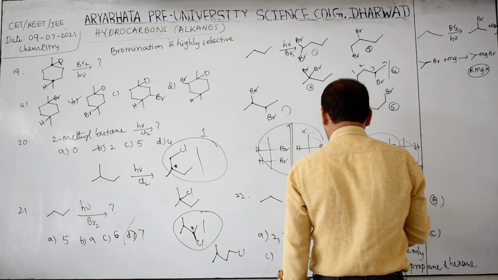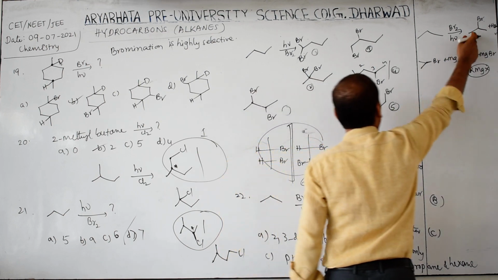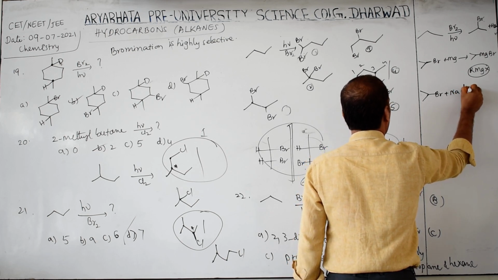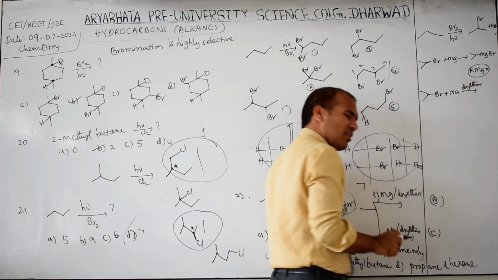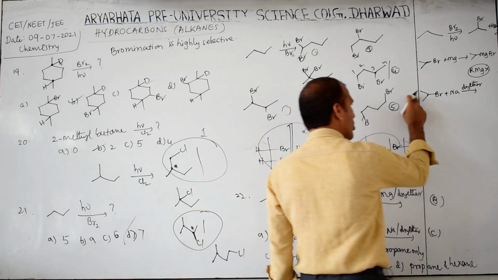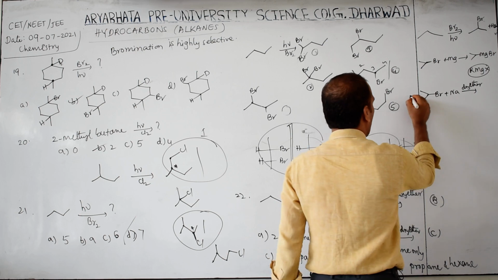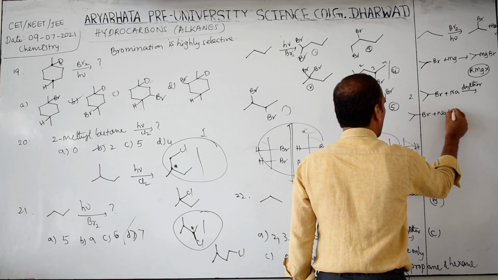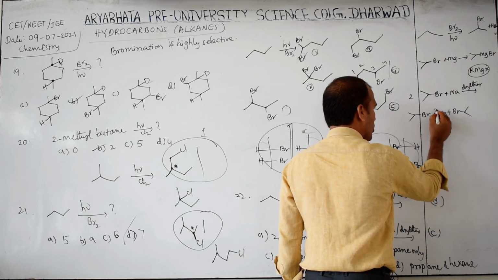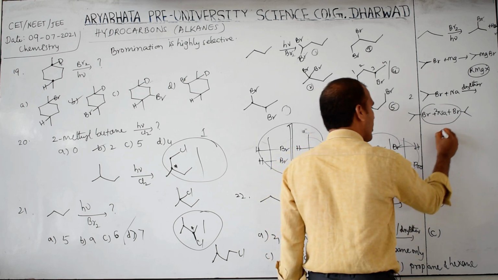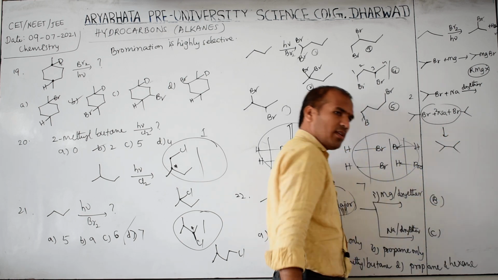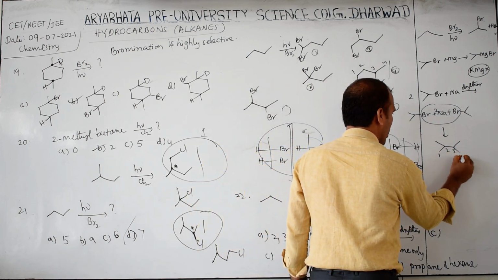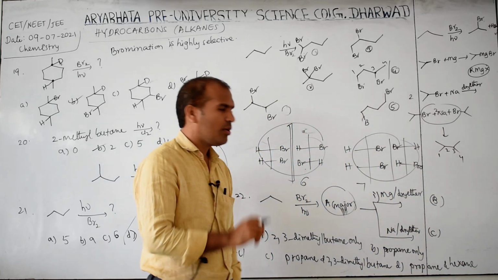Next, this one only, whatever this product formed, A react with the sodium in dry ether. Like this given mean immediately what you are remembering? Wurtz reaction. Then this how many moles we have to take? Wurtz reaction, 2 moles we have to take. When 2 moles taken meaning this can be represented like this. Br, sodium, Br like this. Then 2 sodium, this is last. What is left? Like this left. Then what is formed here? 1, 2, 3, 4. 2,3-dimethyl butane.